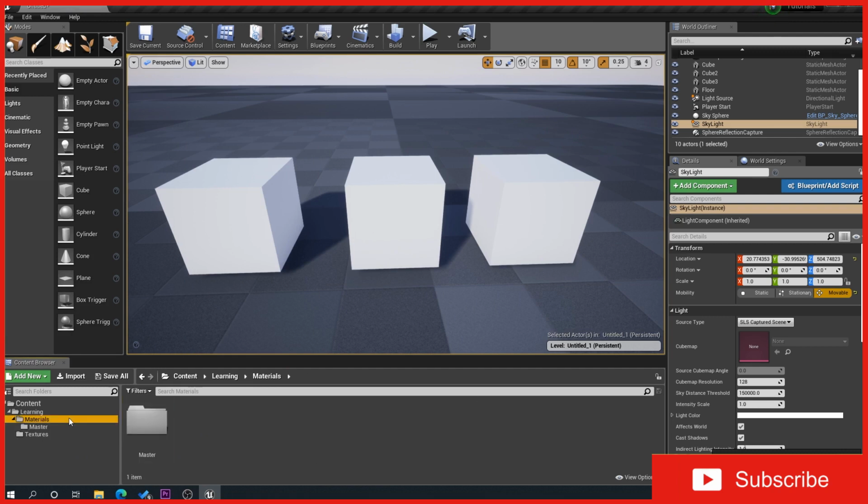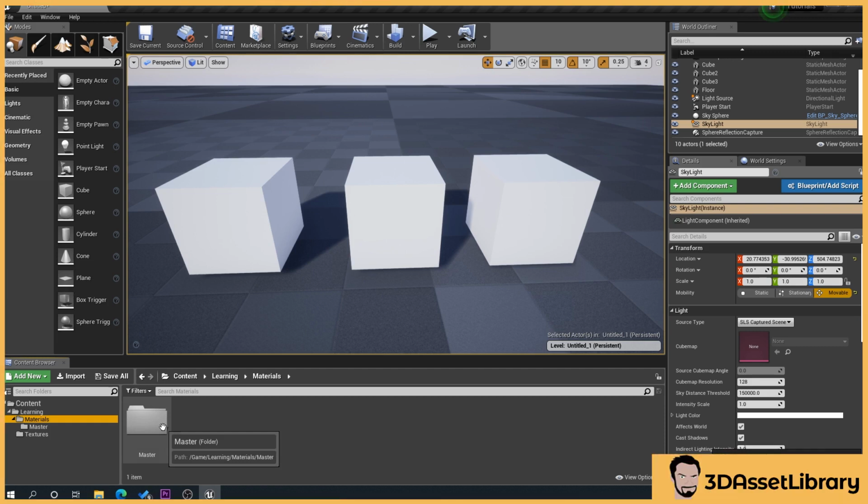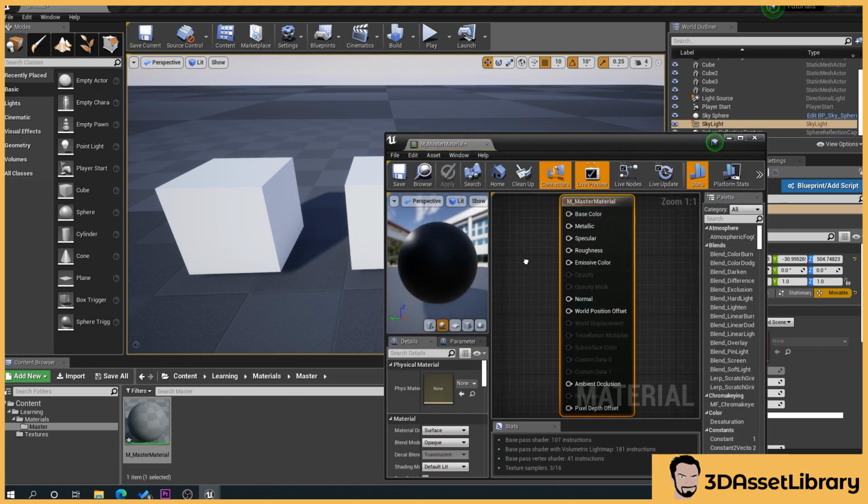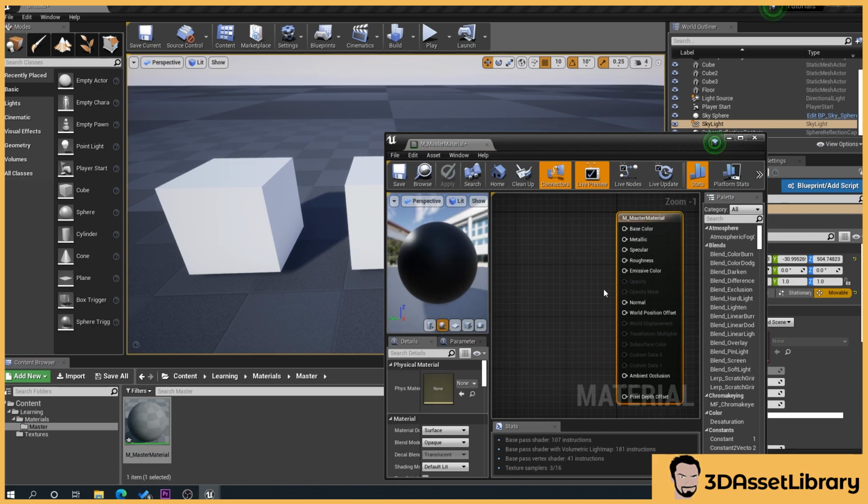I've also, if you noticed, put inside the materials folder a master folder. The reason being is that I can put anything that is controlling something else in there. So that means that in this section you could have 500 material instances, and if you need to make an edit to it, you just have to go to your master folder, and there it is. So if you double click on our master material, you get your bog standard material editor window with all your nodes and whatnot in here.